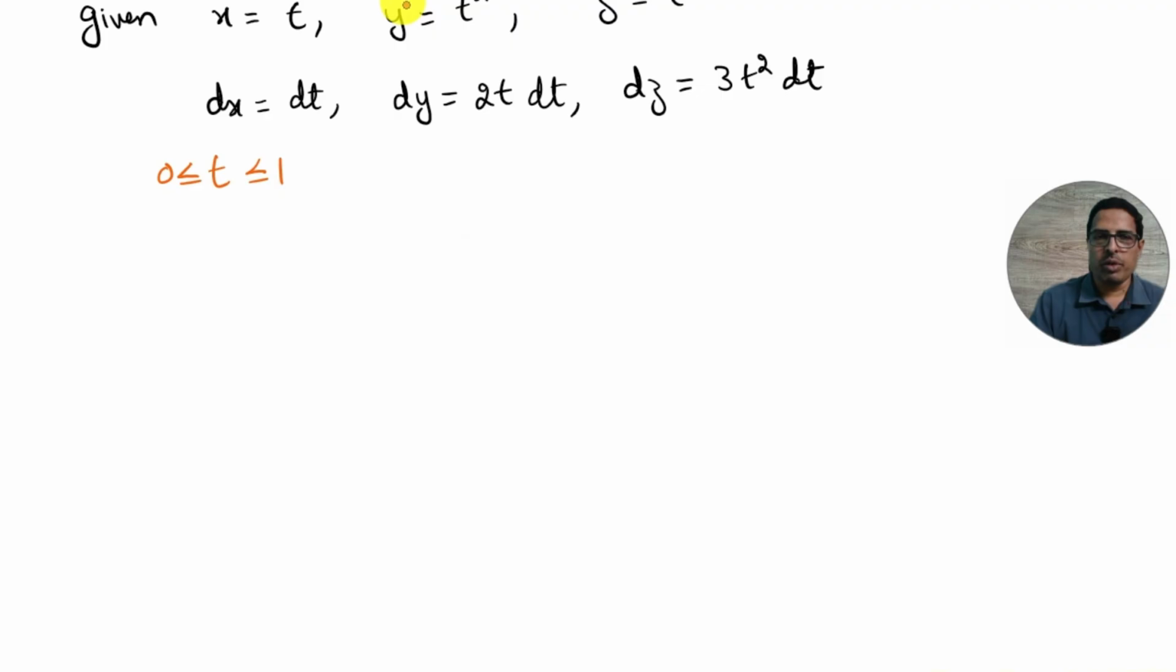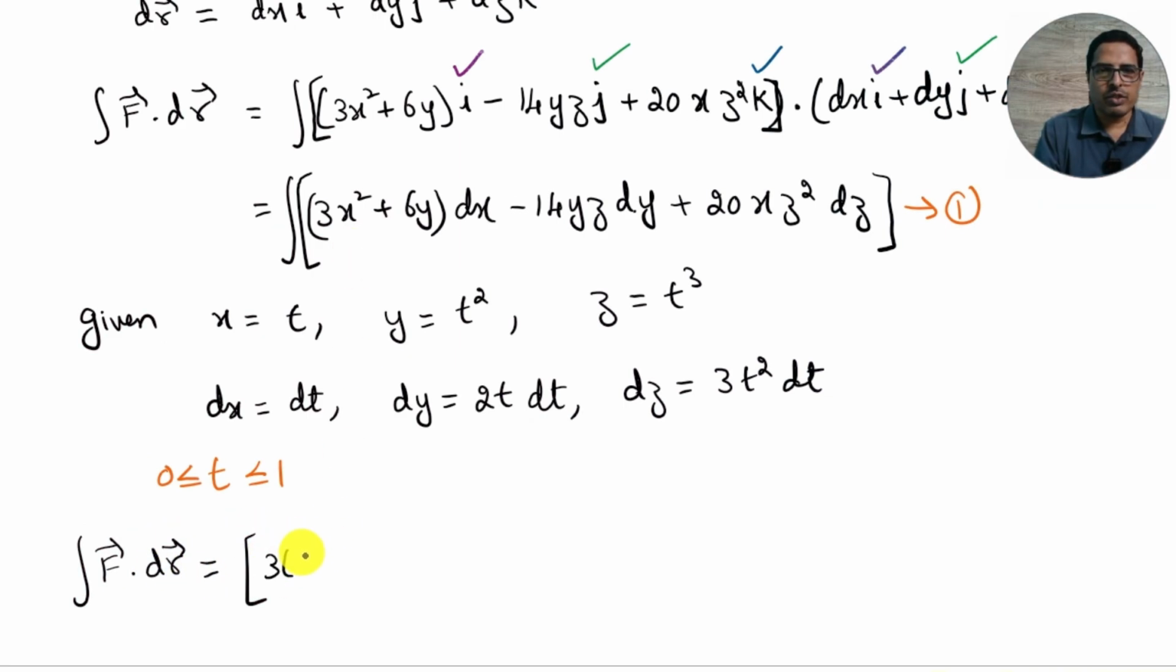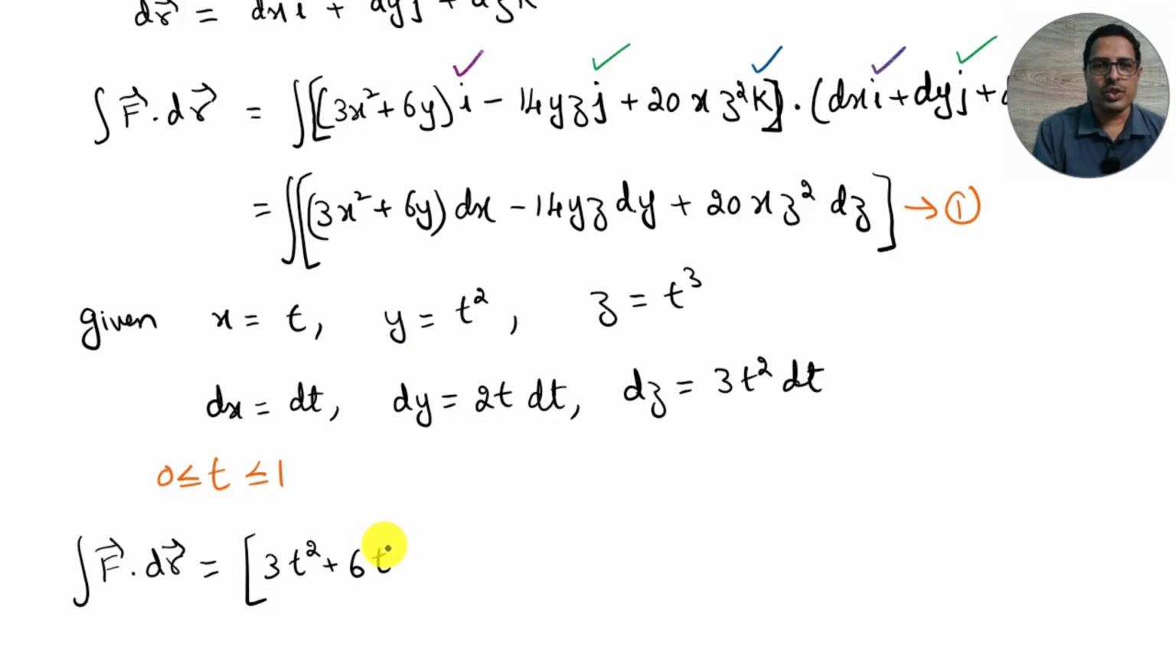So now if you just try to plug in these values back over here in this vector F dot dr, let me take this as equation number 1. Therefore we'll be having integral vector F dot dr vector equals, let us plug in 3 into x value, which will be t, so t square, plus 6 times y value, which is also t square, times dx value is dt, minus 14 into y value is t square, into z value is t cube,